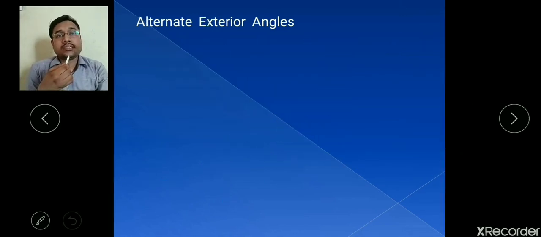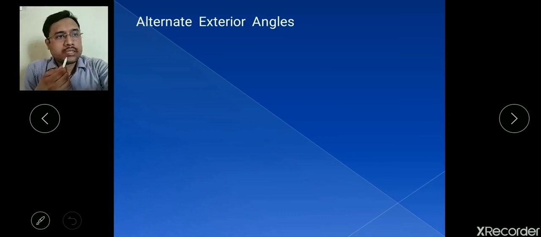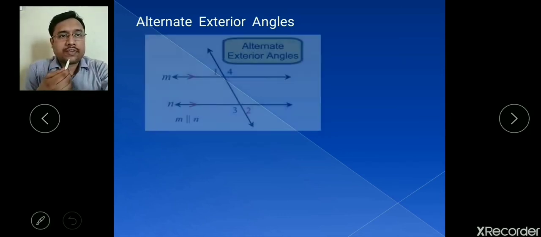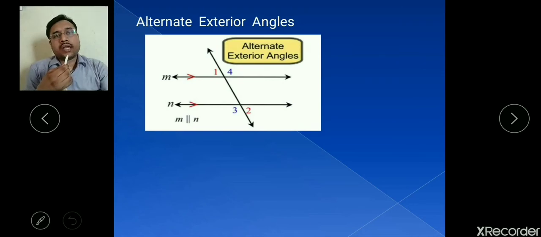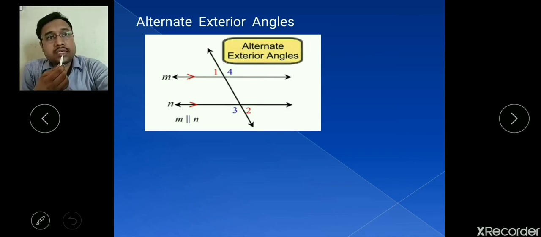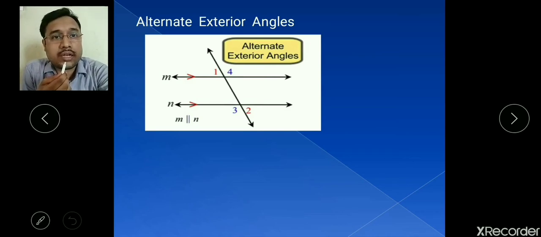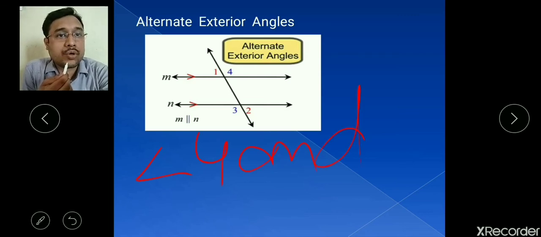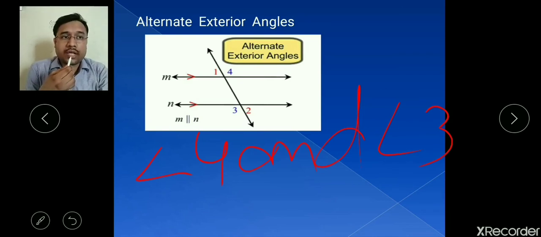Now alternate exterior angles. Similarly, just as we have done alternate interior, a similar property it has. The difference is that these angles are on the outer side of the given two lines which are intersected by the transversal. That means you can see here angle 4 and angle 3 are shown by blue letters in the figure. You can see that angle 4 and angle 3 are